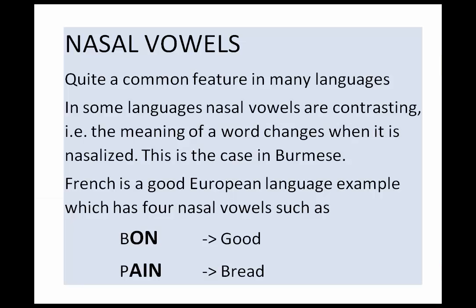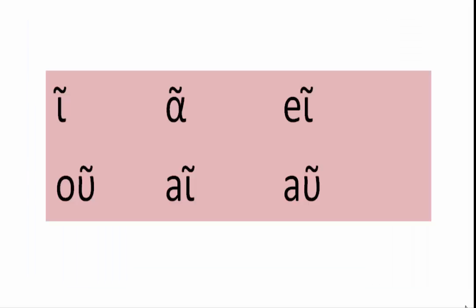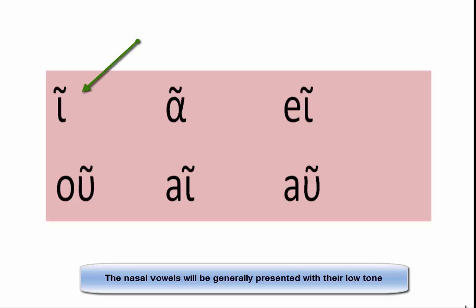Now let's move on to the nasal vowel sounds. Nasalization is quite common in other languages too. Take for instance French, where you find nasalization everywhere. As examples, bon in bon voyage, or pain, which means bread. Here we will present the 6 basic nasal sounds in Burmese: in, an, ein, on,